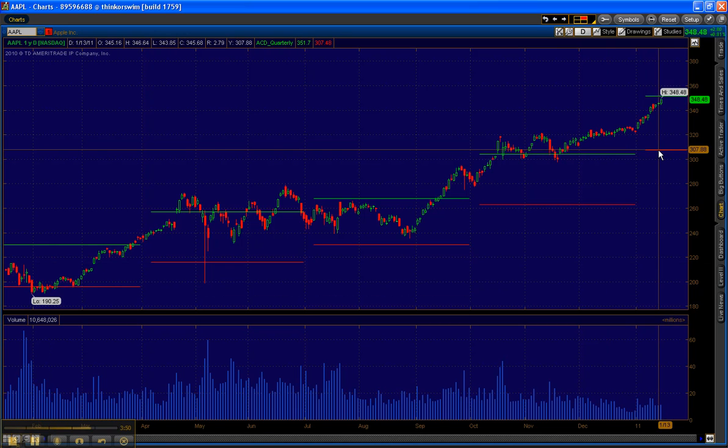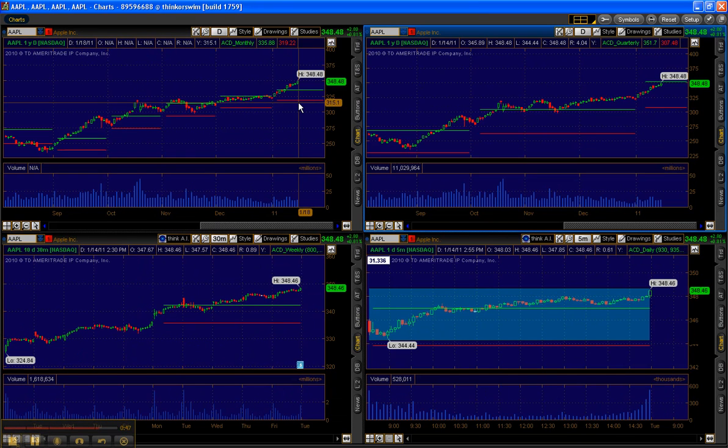So this is not what you want to use to generate your short signal. You definitely want to use the monthly charts for that, and that level is going to be 319. If we get a full trading day below 319, this is going to generate a short sale signal. So we're going to look at that 319, 320 area, and we're going to look at this 307.50 area.